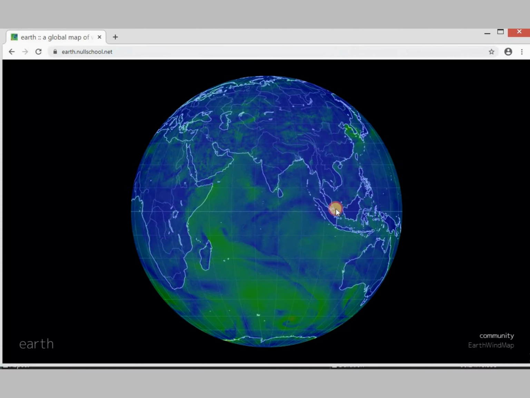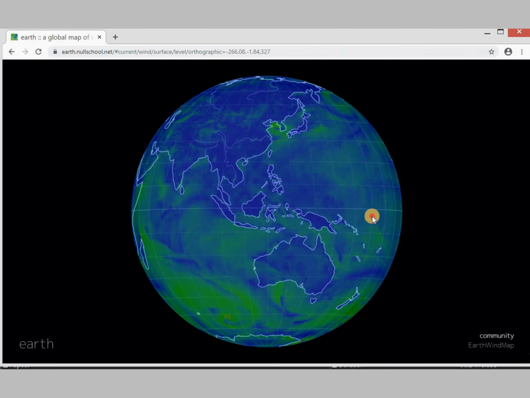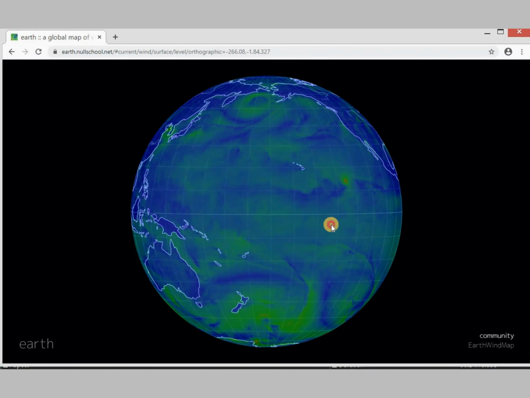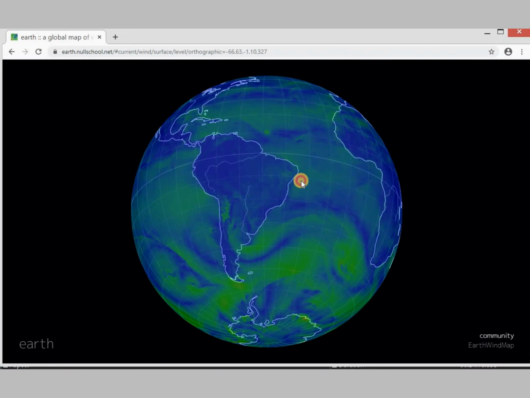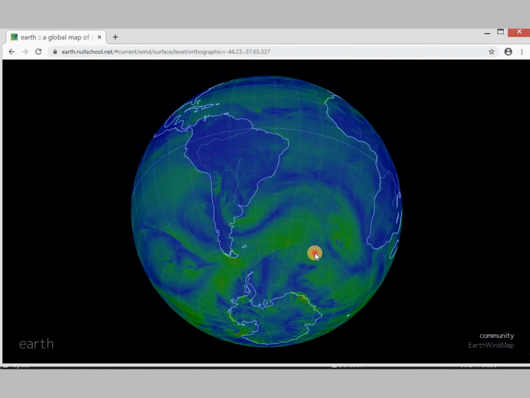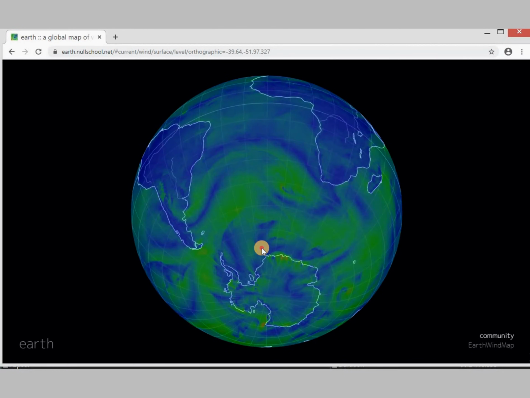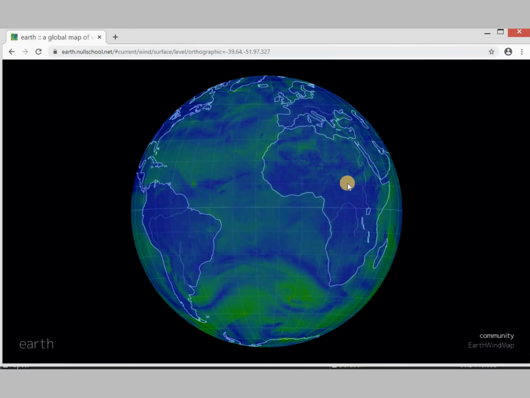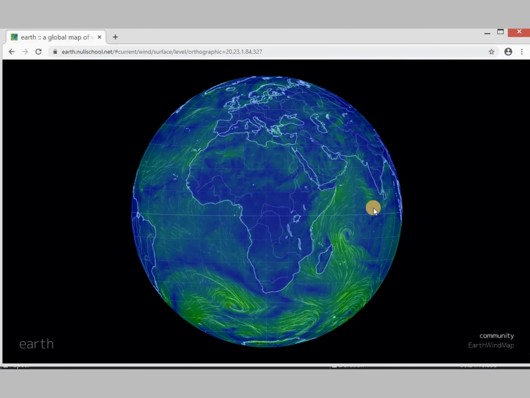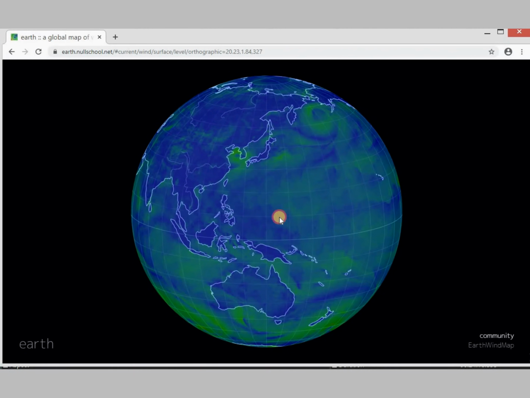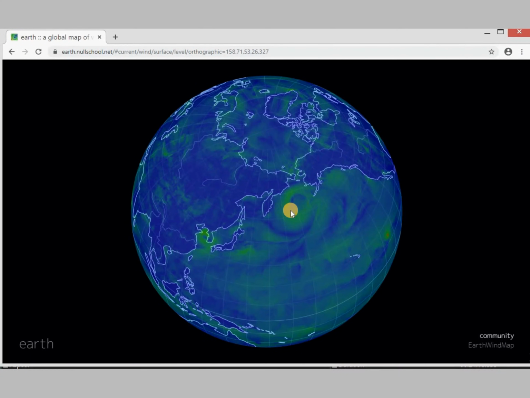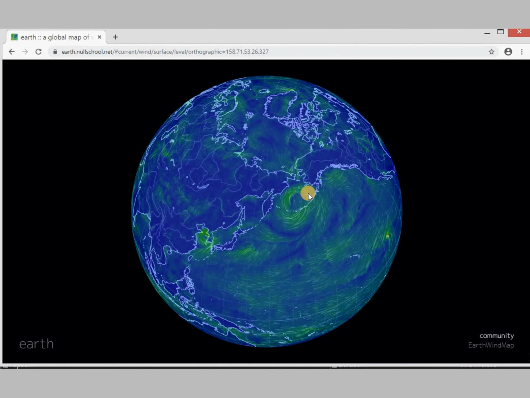So you can rotate the globe as per your convenience, and you can check out the wind systems throughout the world, and that is mostly helpful to check whether there are any cyclones generating around the globe, especially in your own area. So this scrolling and the rotation of the earth is done to check the overall wind condition. So here we see in this part of the world slight cyclonic condition is developing. This is near Bering Sea between Russia and Alaska.